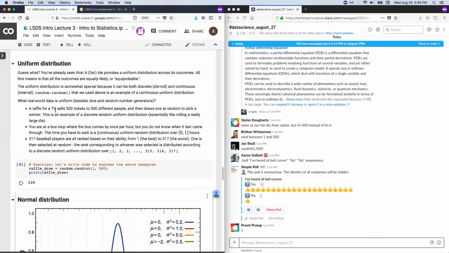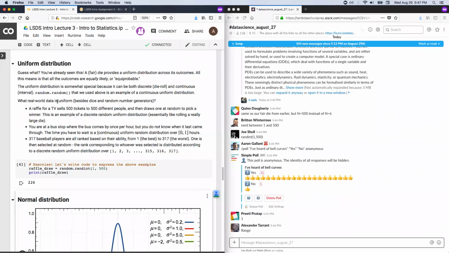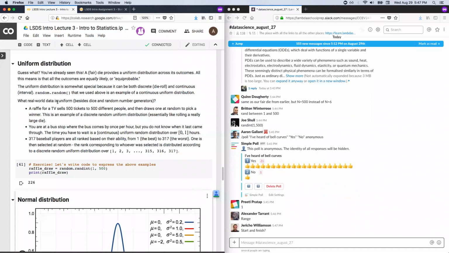You have to say, I have a uniform distribution. Yeah, exactly, the range. From start to finish, from A to B. And I guess you might also want to say I have a discrete uniform distribution or a continuous uniform distribution, and then from A to B. And that tells you everything you need to know. That characterizes the distribution.